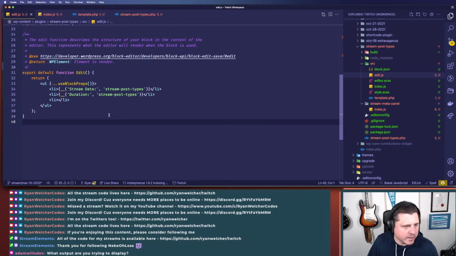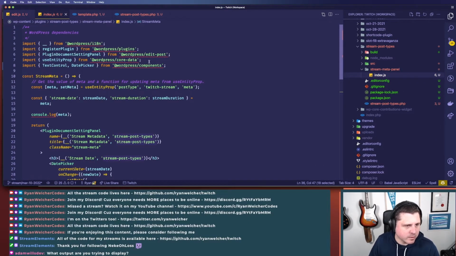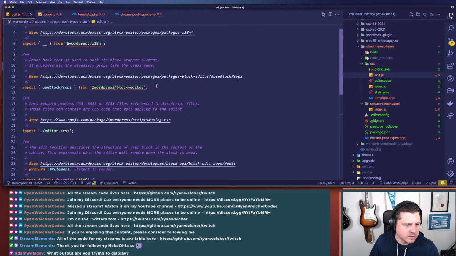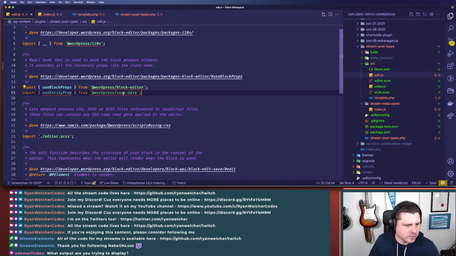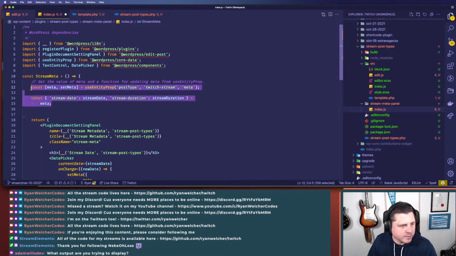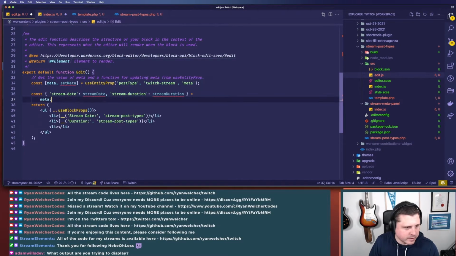Okay, so again, we're going to need to get access to our post meta, so we can do that using our useEntityProp hook. We'll import that from core data, and you can literally steal the same code that you have here. I'm going to get rid of that first of all, and grab all this, same stuff. Now you could definitely abstract this out into something different if you'd like, and then we're going to do